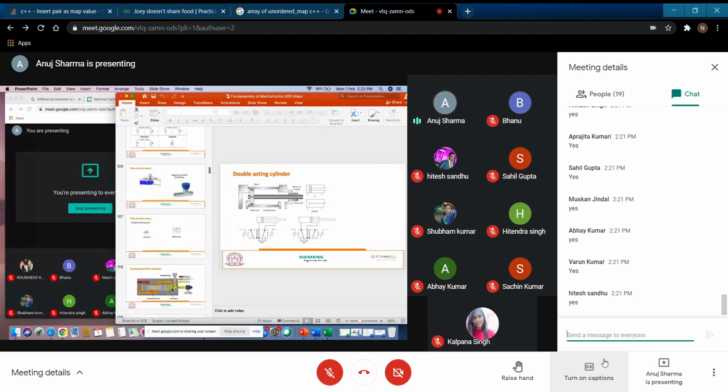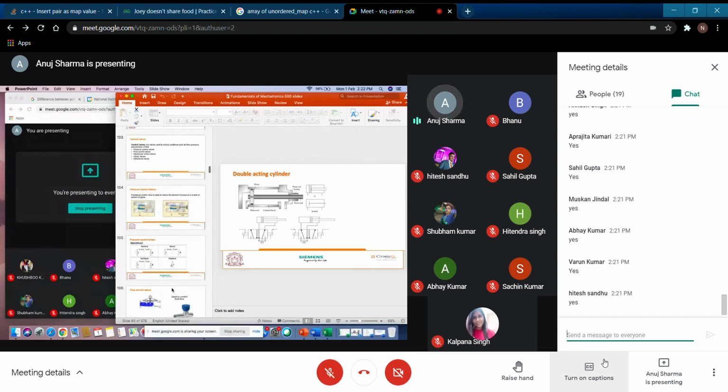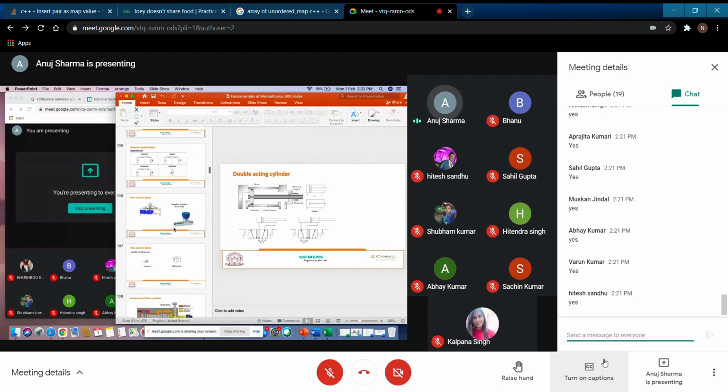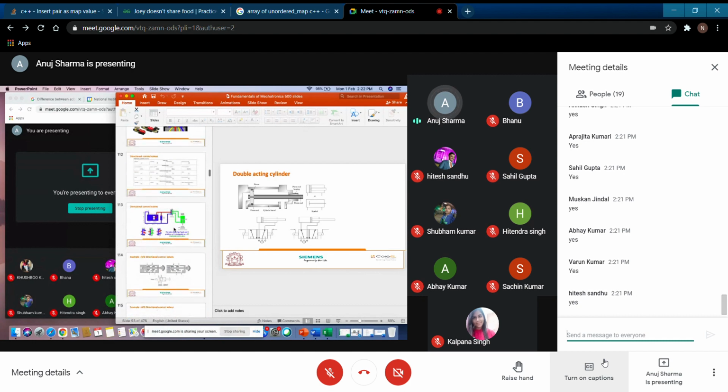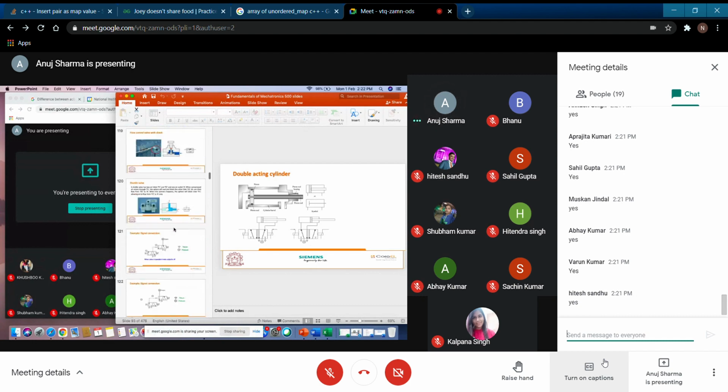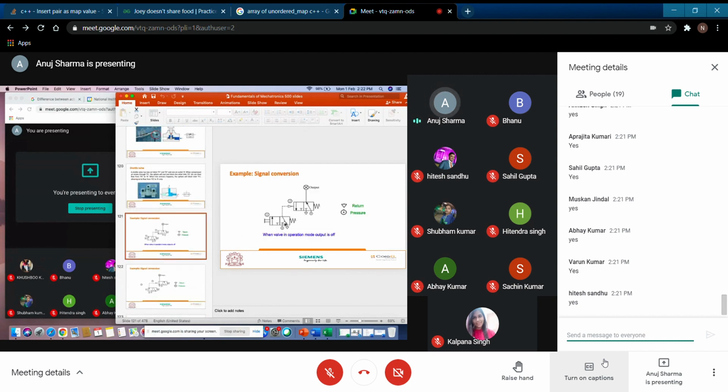Okay, so let us now move to the very basics of these pneumatic cylinders also. I will not go much deeper into this concept because it is a little bit from the mechanical side, but I have to take these examples. Today I don't have any method so that we can communicate through your answers, so I will teach it one by one. If you have any doubt, you can stop me and ask any questions.